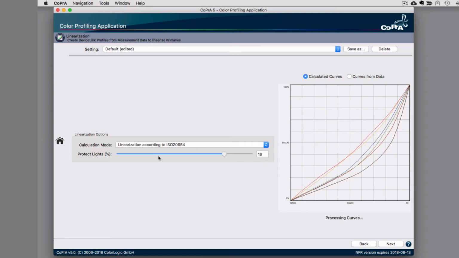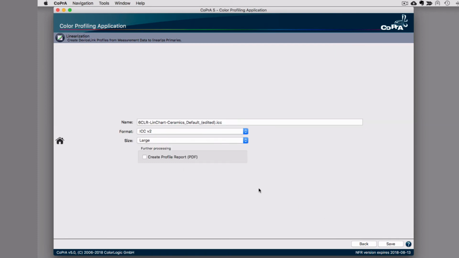So once you've set your settings and you're good to go, you can create a DeviceLink profile, which is in this case a 6-color to 6-color DeviceLink profile, which can then be used in workflows which can use that. There are not many workflows available that can do that. Therefore, Zebra, our color server, comes into the game, because you can use those device links that we create here in CoPrA with Zebra. So you can use the linearization device links as gradation curves,